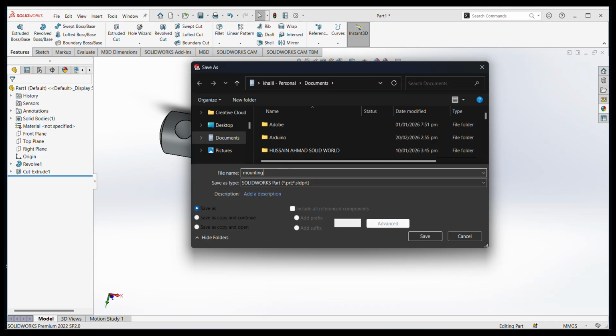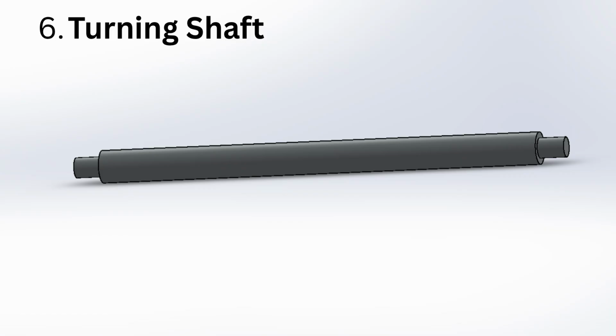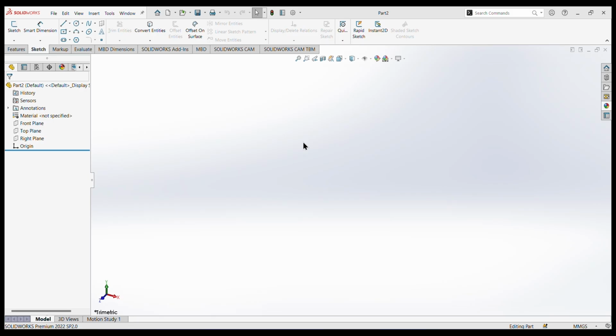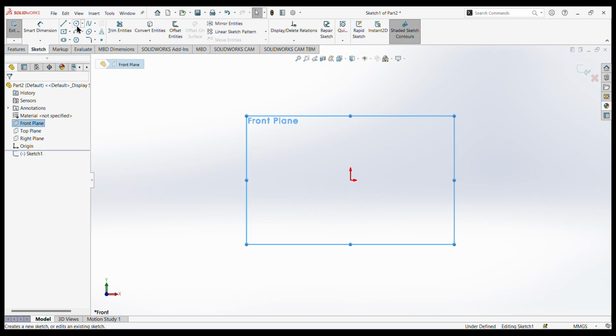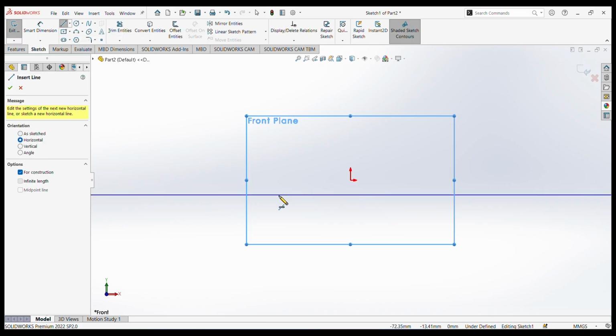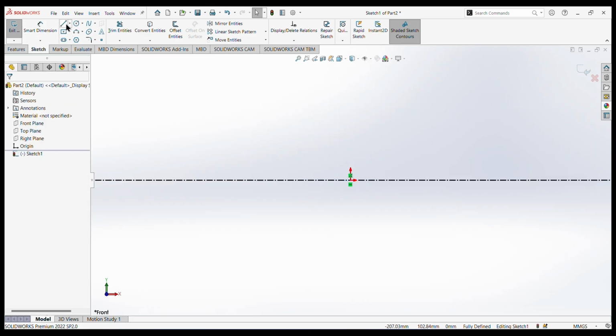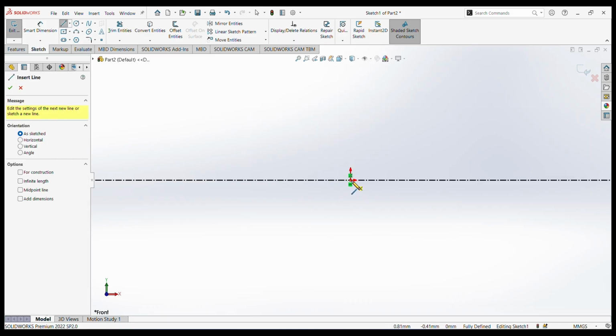Mounting shaft. Now we are going to the next part. Now we are going forward and create the next part, that is turning shaft. First we select the front plane for sketch, create again center line as a horizontal infinite length. Okay, now we create the sketch